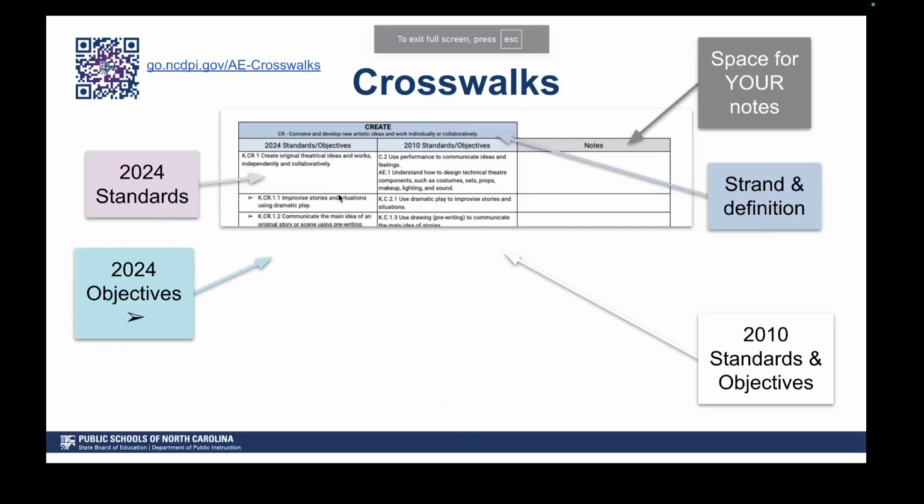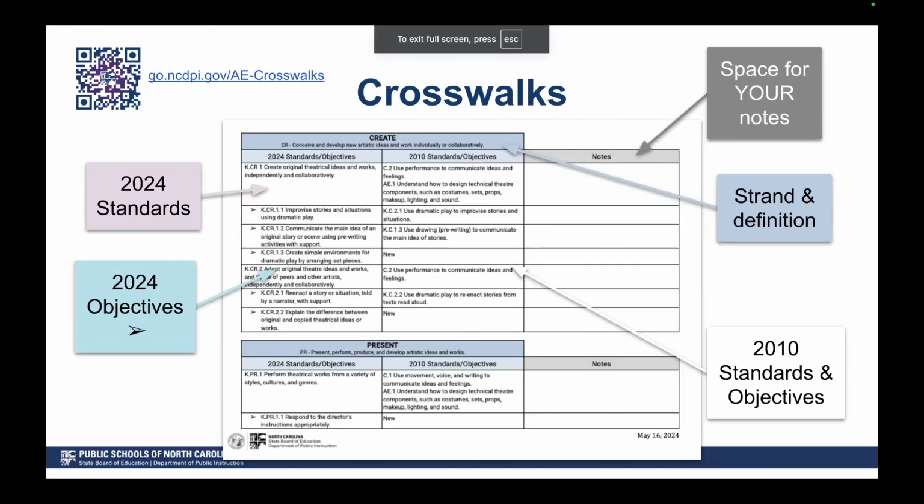So again, please access that to help you dig deeper. We also have our crosswalks, and these will show you the 2024 standards and objectives. It does look a little different, so I do want to point out how you're reading this. The standard is left justified, and then those indentations are the objectives. And then in the second column, this is where you see the 2010 standards and objectives written the same way.